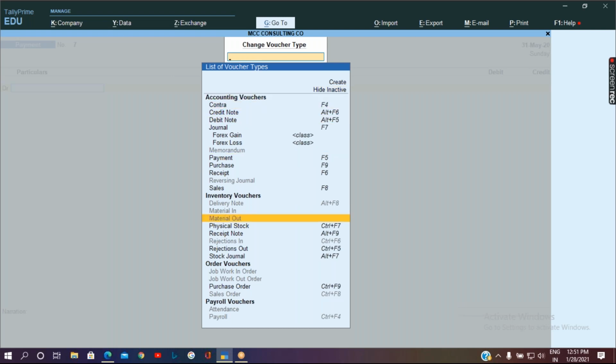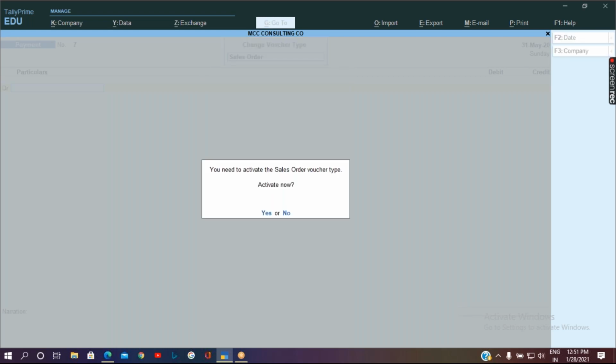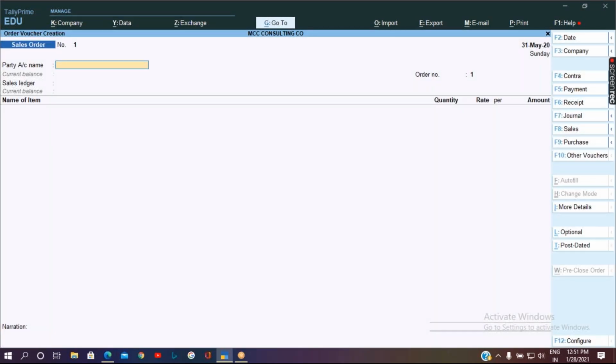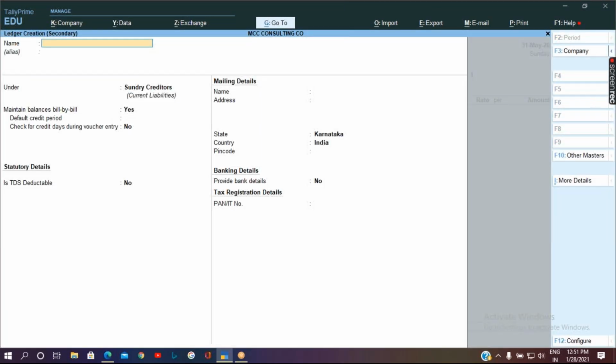Then make sales order as yes. Now we shall select the party ledger.